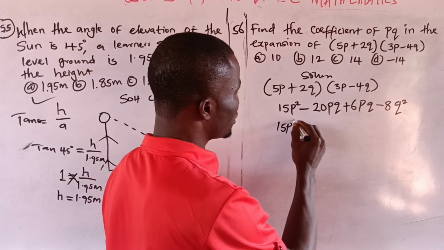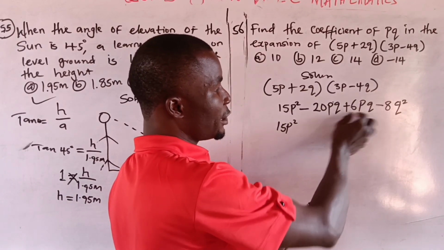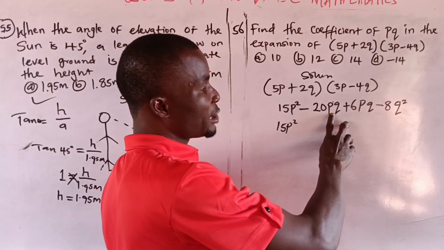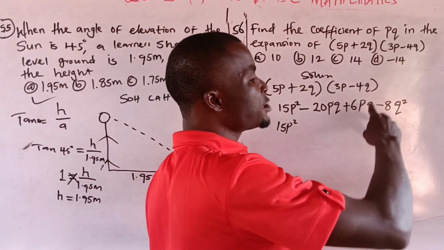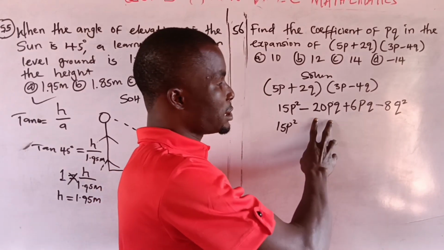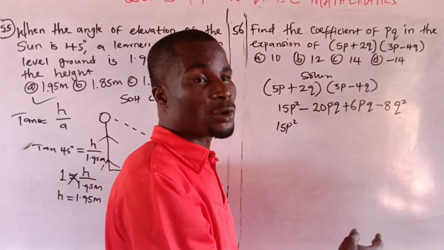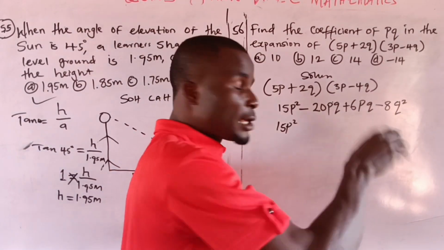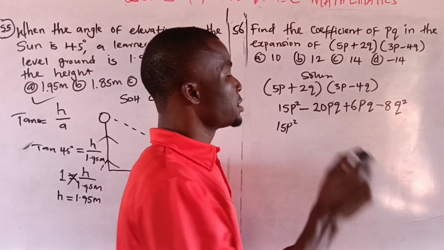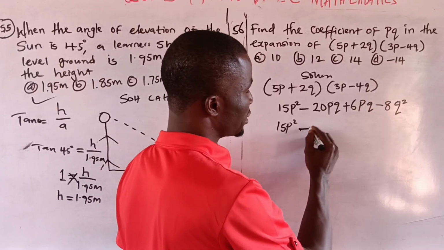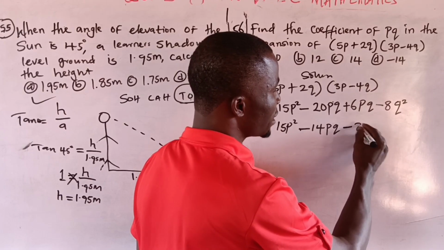We have 15pq. These ones, they are the same. They have the same variable or unknown. We have pq here, we have pq here. But this one is minus 20pq plus 6pq. How do you do it? That is, you are holding 20pq and you have 6pq. So when you give the 6pq, what will remain? It will remain minus 16pq and minus 14pq. Minus 14pq. Then write down this minus 8q